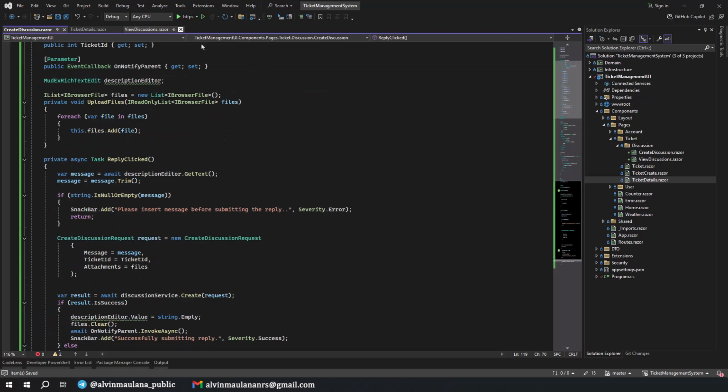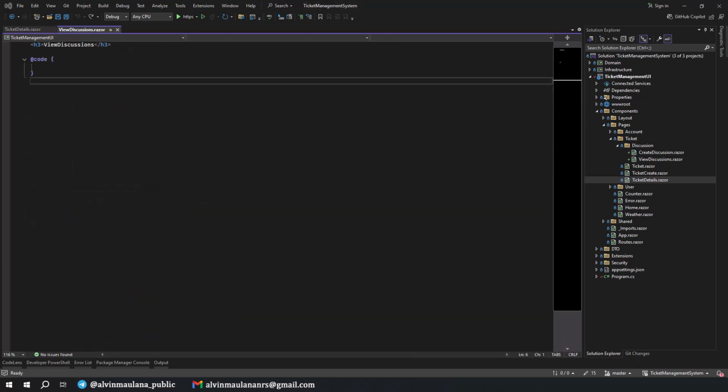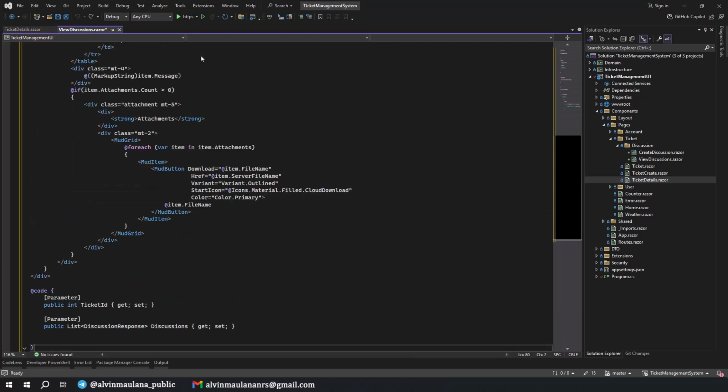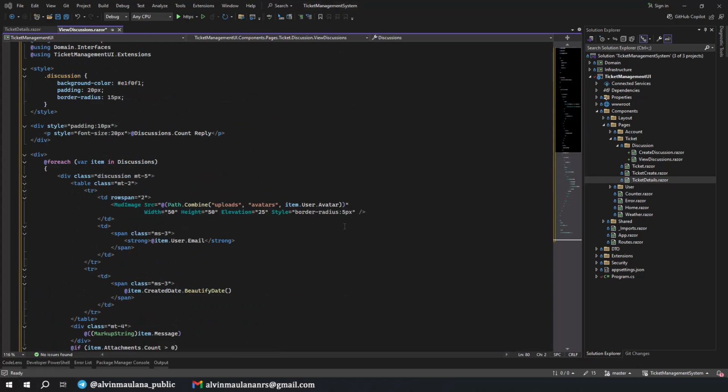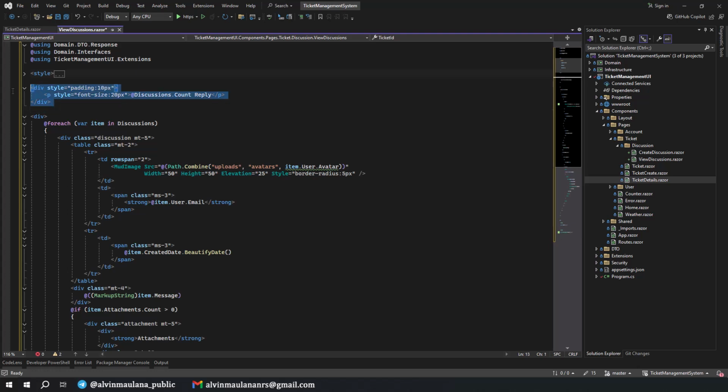We can continue to view discussion. I can close it and then view discussion, and you can get it from the resource folder. Now what we have here is, okay, this one shows how many replies we have. For example, this one is 1 reply, 2 replies, or so on.